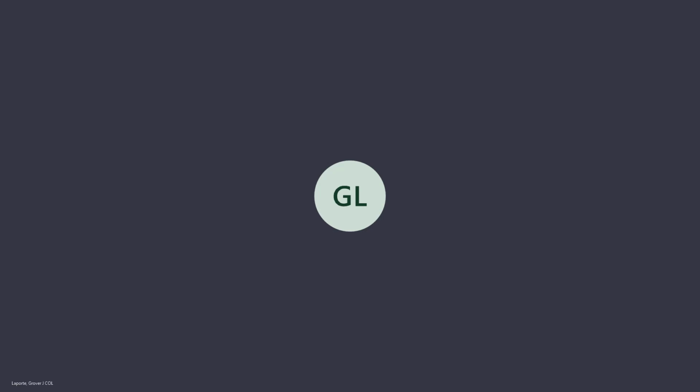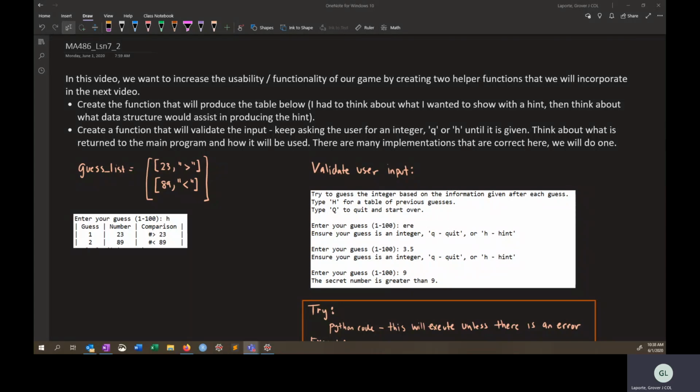In this video, we will write two helper functions that will increase the functionality of our game that we've created in the last video. Realize that I had to figure out exactly what I wanted that hint to look like and then determine the best data structure. So if you look right here, I had to figure out that I wanted the hint to look